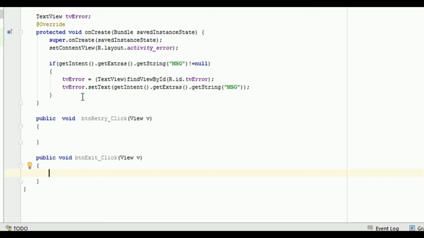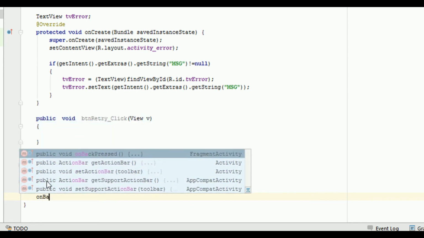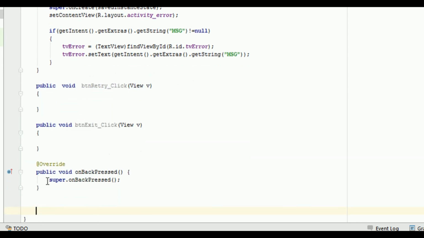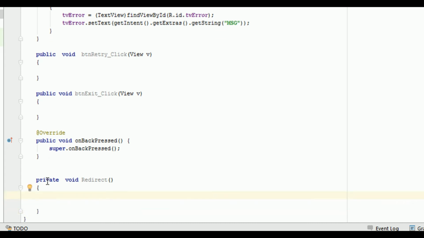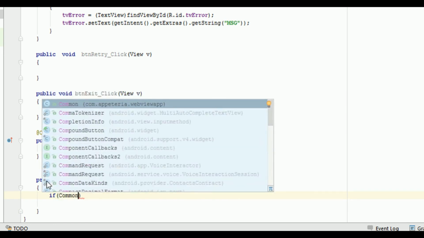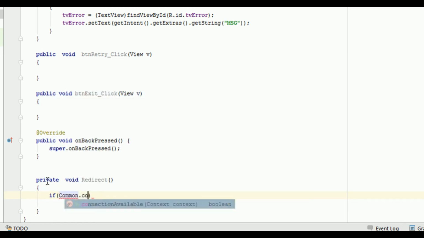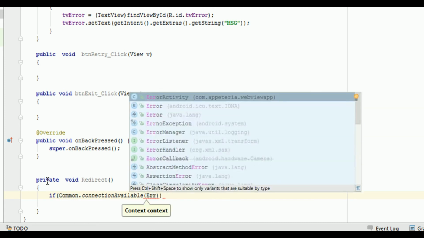Okay. Now we will create one method which we are going to call on retry as well as on our onBackPressed. So I will just implement this and we'll add one method here. So I will say private void redirect user from this activity to previous activity, but before that we need to check whether internet connection is available or not, else we'll show a message there. So I will check before redirecting user from this activity to WebView. Again we need to check the message. So I will say connection available dot